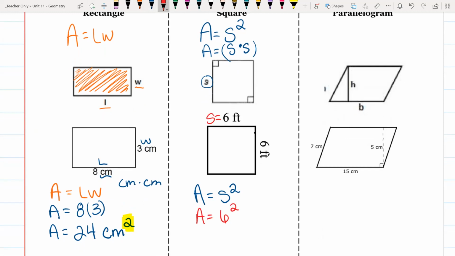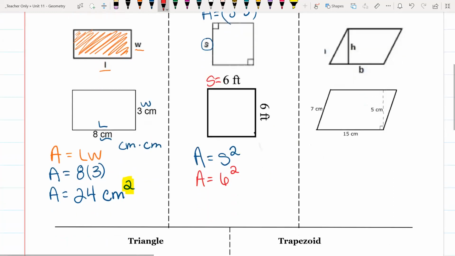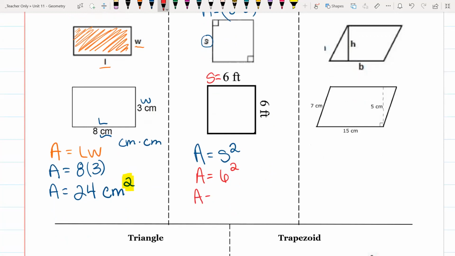There is a square button on your calculator. It's the one that looks like X2. If you just press 6 and then the X2 button, then it'll populate that 2 up there. Or you can just do 6 times 6, which we know 6 times 6